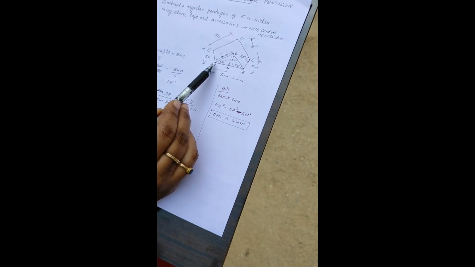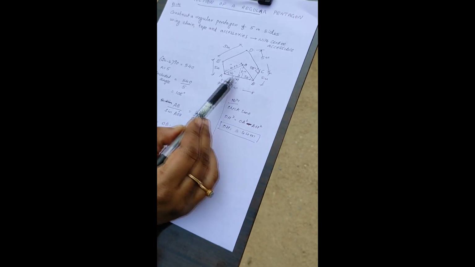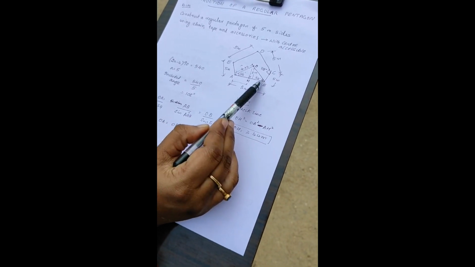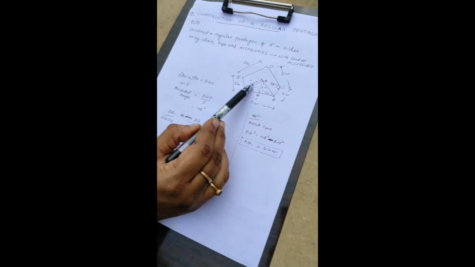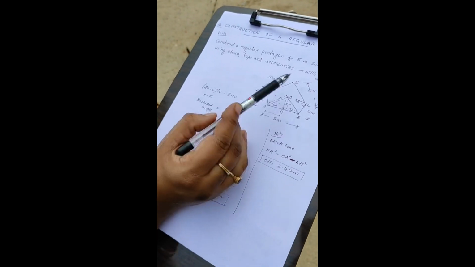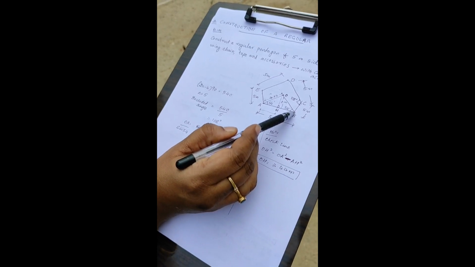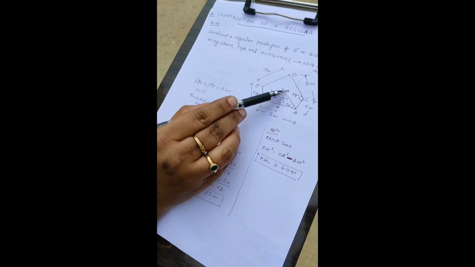In the field, we will put the baseline AB using the chain or tape of 5 meters. We will erect an arrow here. Now, with the help of the tape, we will take 4.25 from the arrow and put an arc here like this. We will go to B, same 4.25, and put an arc. This arc cuts at a point, that is your point O.